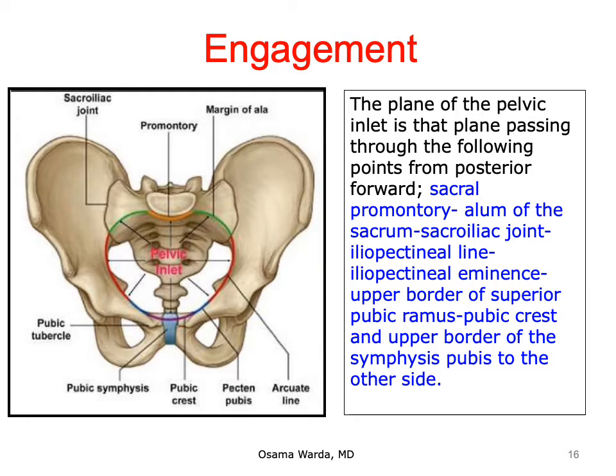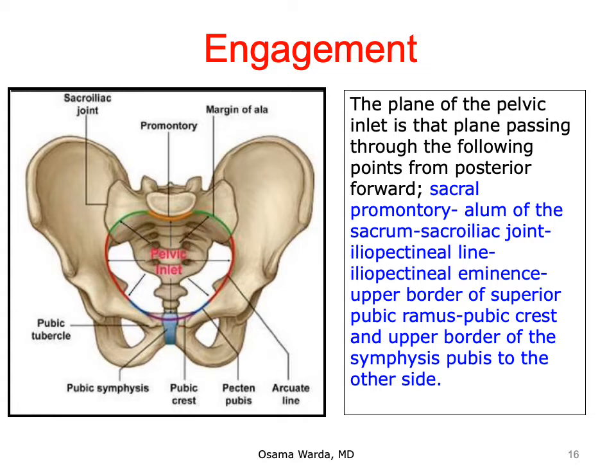The second item is the plane of the pelvic inlet. The plane of the pelvic inlet is the plane that passes through the following points from posterior forward: the sacral promontory, lined with the red line, the ala of the sacrum, lined with green color, the sacroiliac joint,